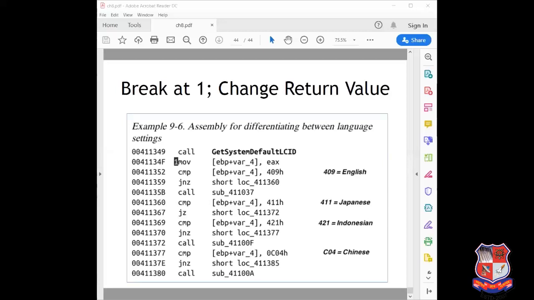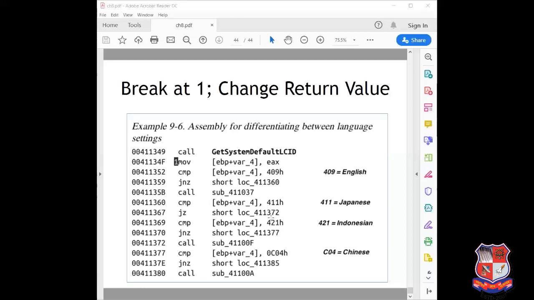Now we can use a debugger to force the code to run this code path without changing the settings on our system, by using this breakpoint to change the return value. EAX would store the value 0409, and you can change EAX in the debugger to the value 411.